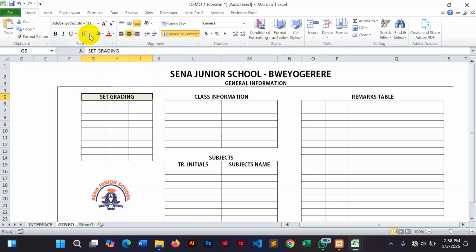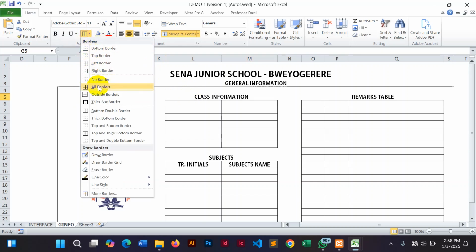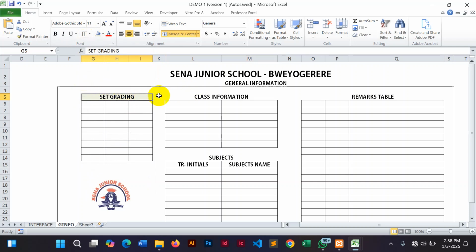I also put borders, all borders. I also put this one the same color. I make it all borders. I also make this one the same color, but the color is up to you how you want to make it look. Okay,